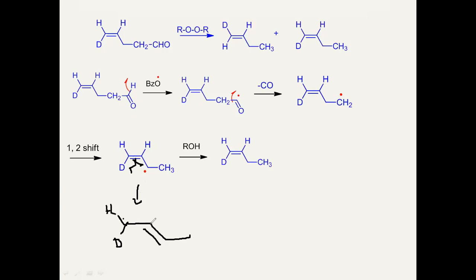Here hydrogen, here hydrogen. And we know single bond rotation is a continuous rotation. The single bond continues to rotate. So this has single bond character now, therefore this continuous rotation takes place. Therefore hydrogen comes down and deuterium takes its position.